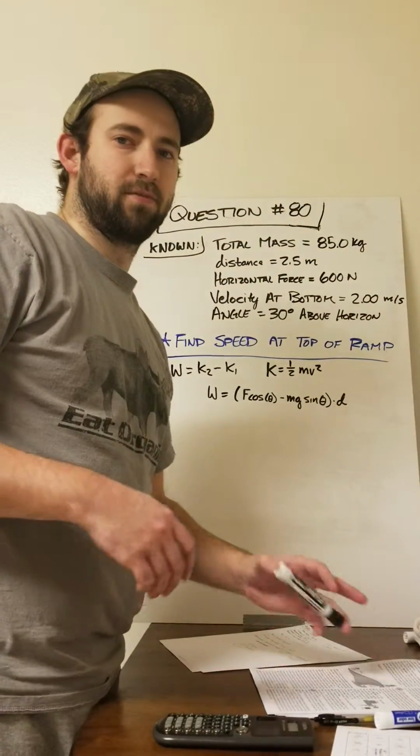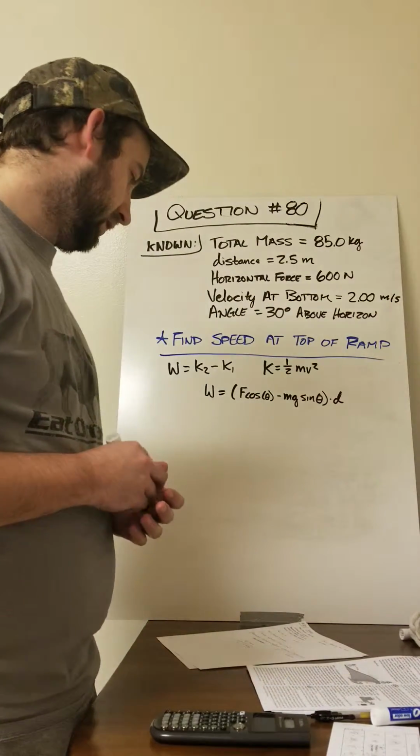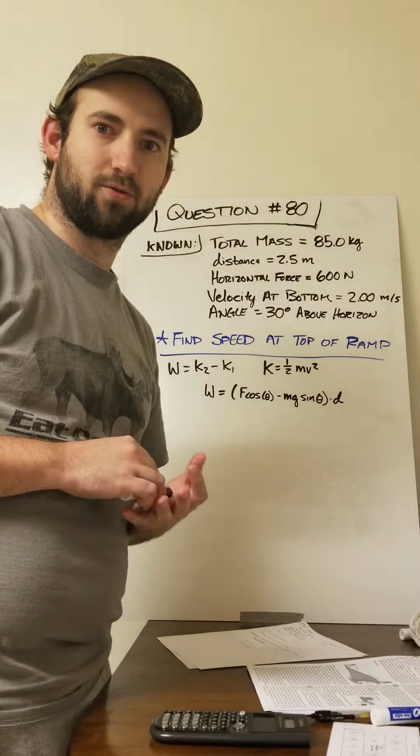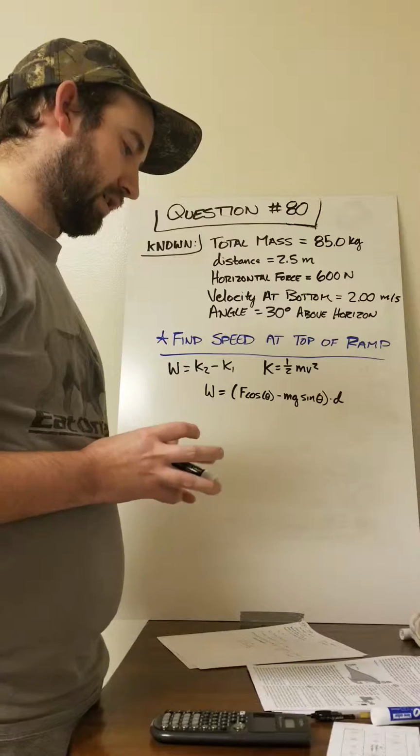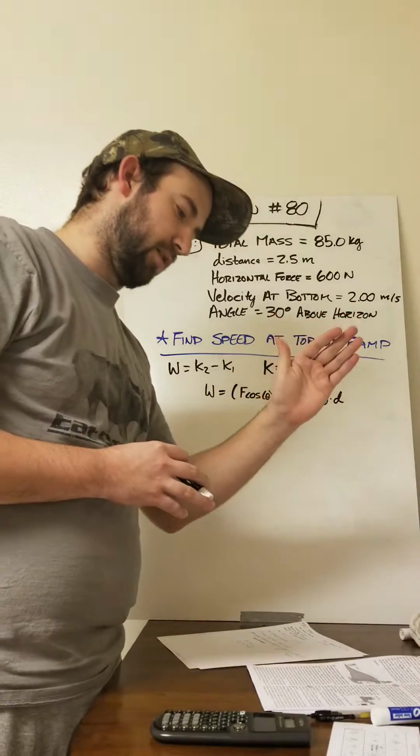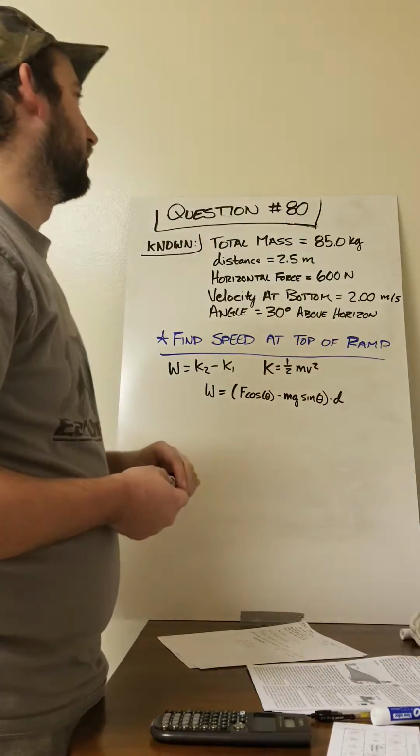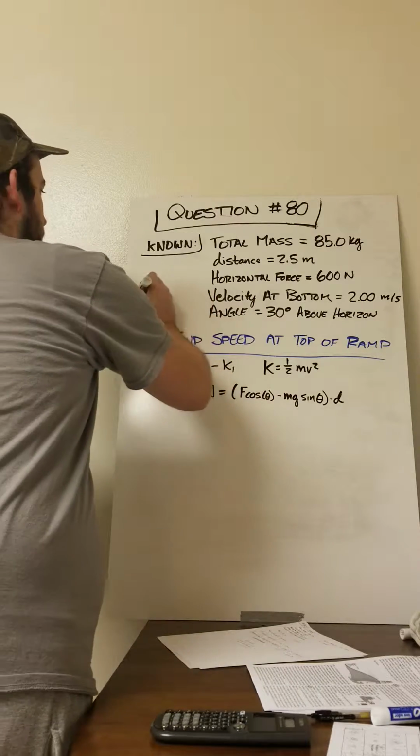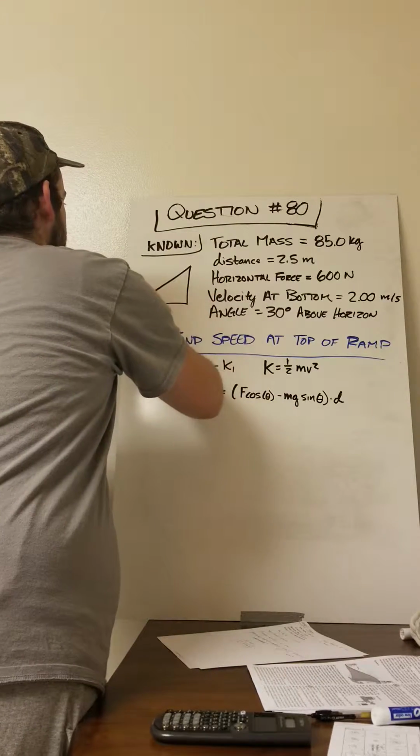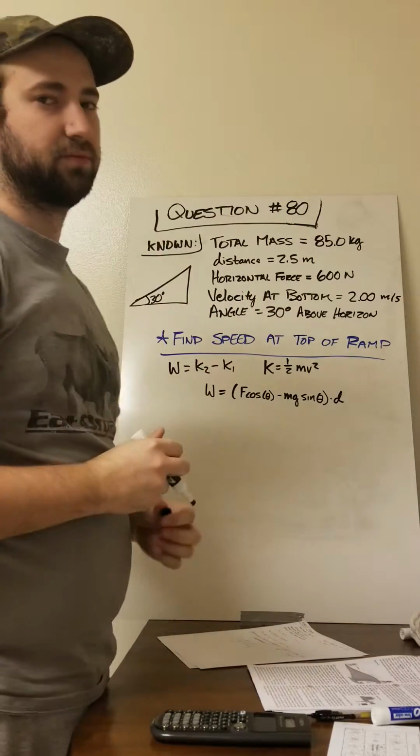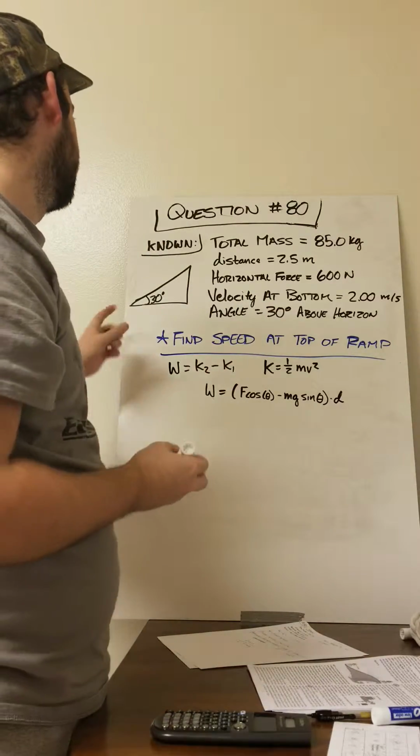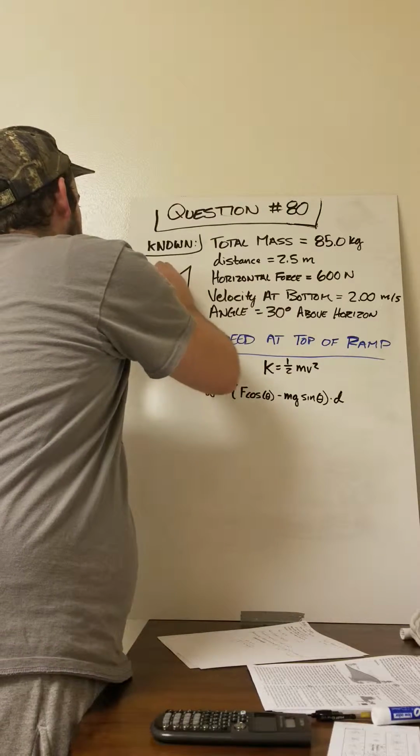Hey everyone, I'm going to be going over question 80 from the chapter 6 bingo questions. This problem has to do with this physics professor being pushed up a ramp at 30 degrees. So we draw a little ramp. It's a pretty steep angle, not to scale, but anyway, this teacher is being pushed up